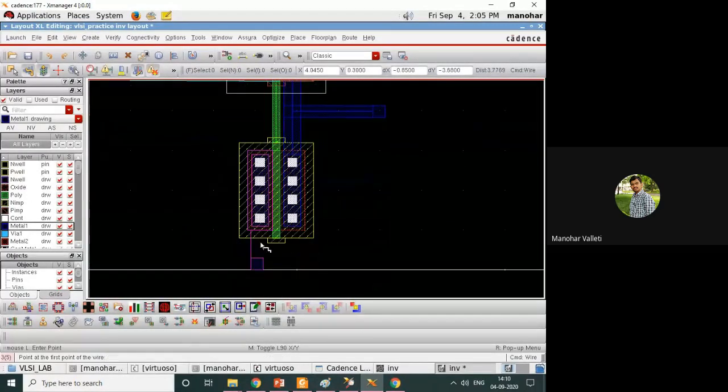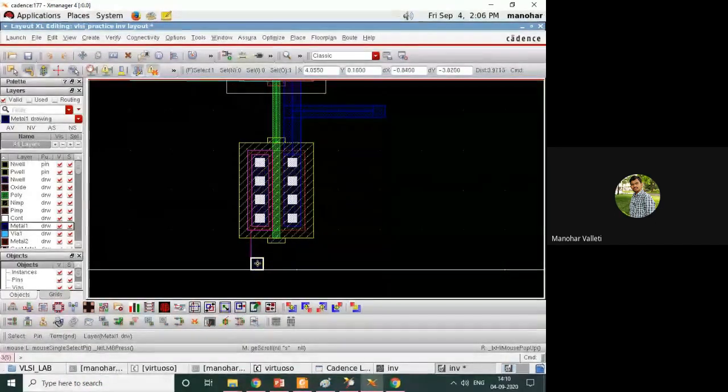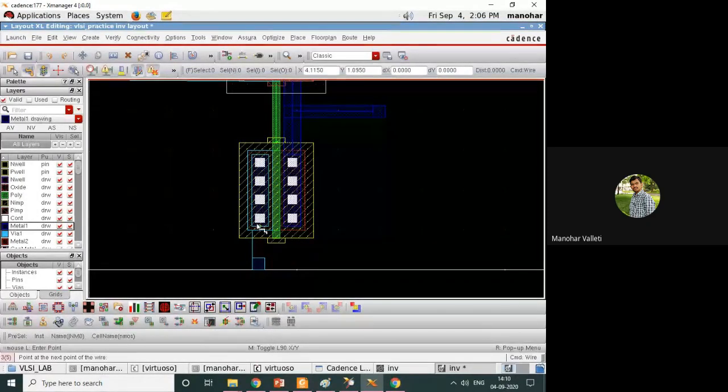Now come to below. So the thing is, this pin has to be completely covered by the metal, then only it is easy, rather than partially overlapping. There should be some minimum area occupied by the metal. The drain area here, this metal area is more compared to this. So I'm trying to bring it from here. You can go from here like this, or you can go from here to below. But better, whichever metal has more width, try to bring the connection from that, so that mismatch won't be there.